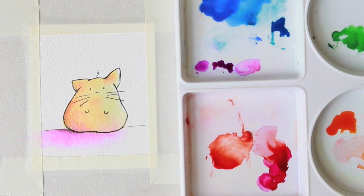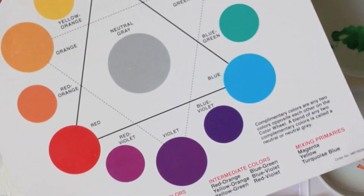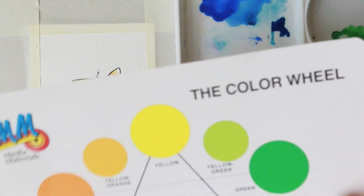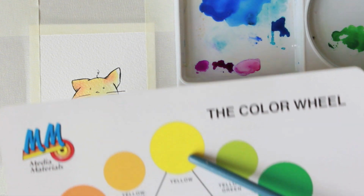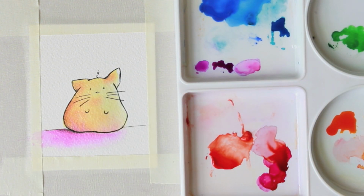Alright, so I'm just going to let this dry. And normally by now you'd be like, oh, I gotta fix this, I gotta fix this. You can try and fix it right now, but just know that I can also fix this by glazing. So, how do I fix this? What you need to do is look at your color chart. This is why it's so important to look at your color wheel. Notice my purple is here. I'm going to go directly across to my contrasting color, and this would tone down my purple. It would make it more of a neutral or a gray. So if I want to tone that purple down a little bit, I can just add a little bit of